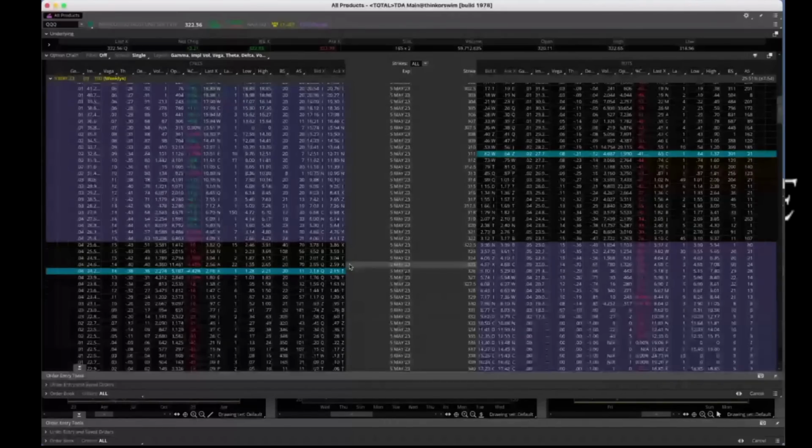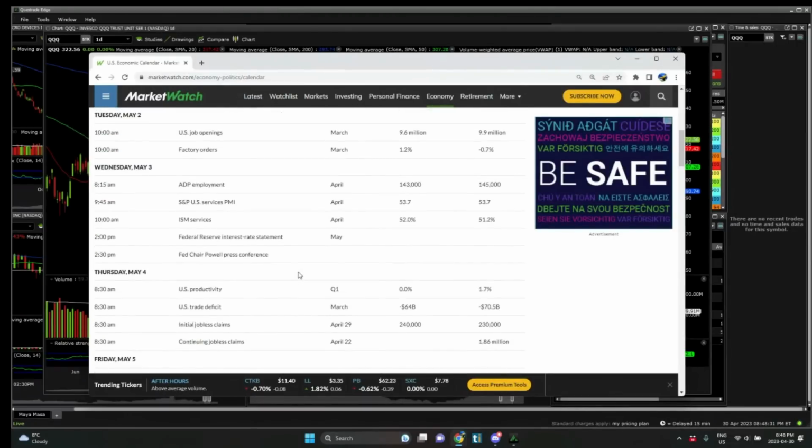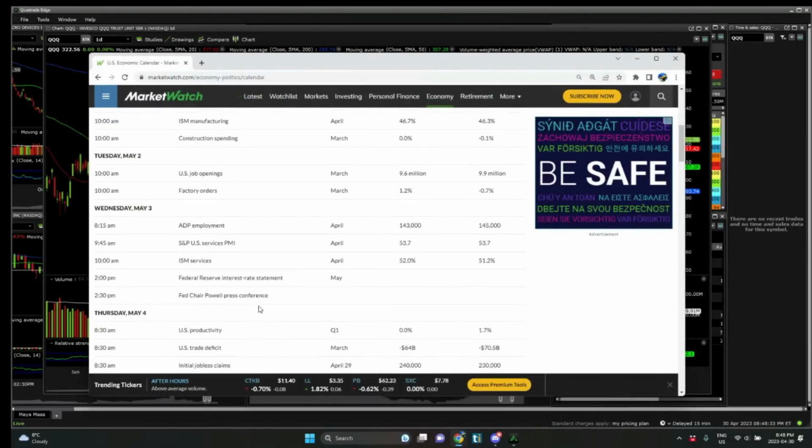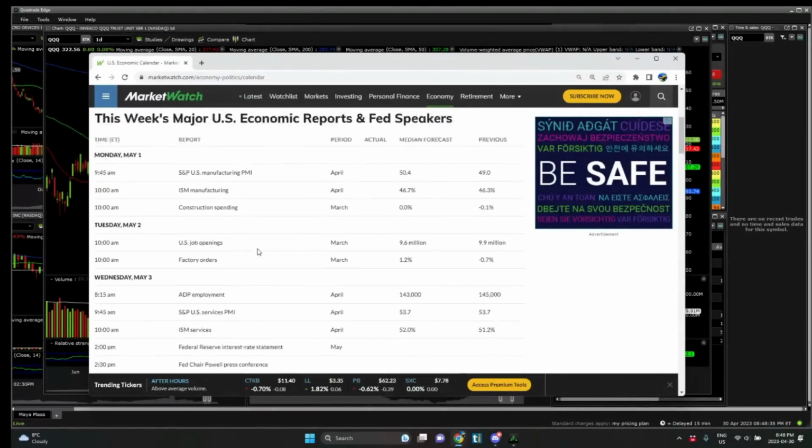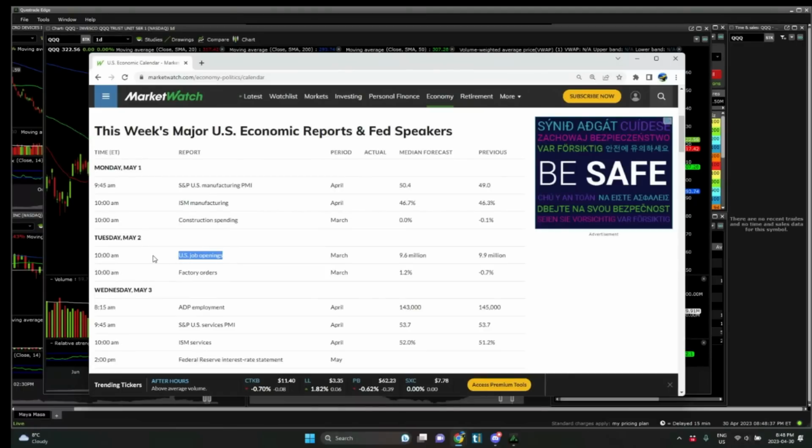How to trade it. So should we cover the calendar? Okay, the key dates: job openings is going to be really important on Tuesday. Monday is the only slow day. Even manufacturing data is important because, funny thing, every time it shows 50 and above, like 55, it shows the market is expanding. We want it under 50, just so you know. The market wants it under 50.